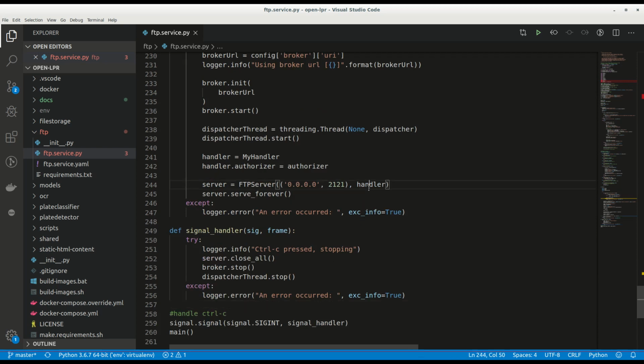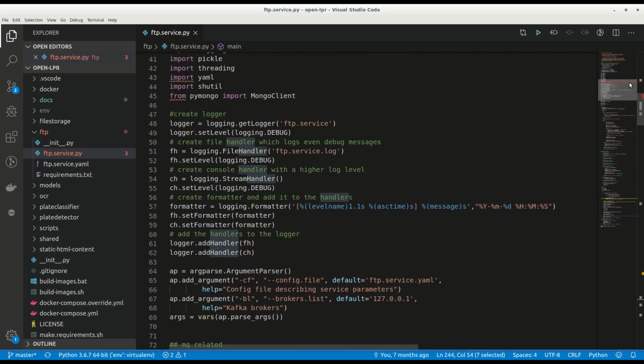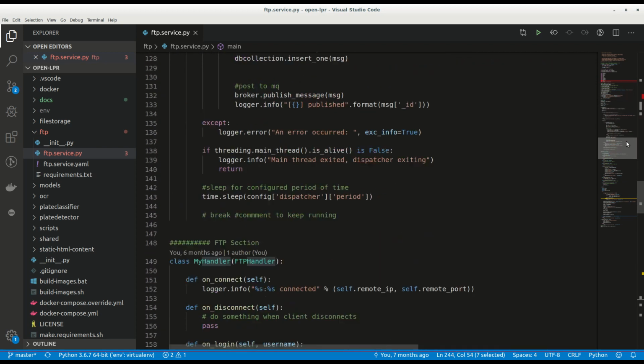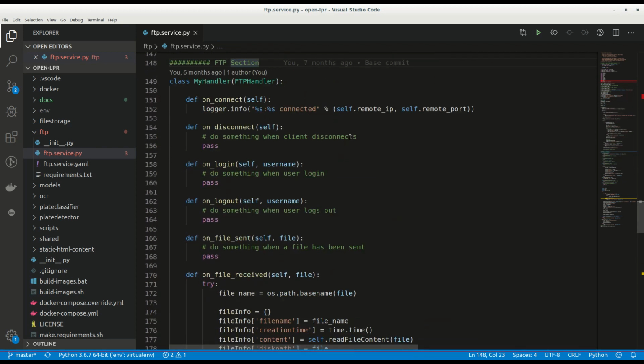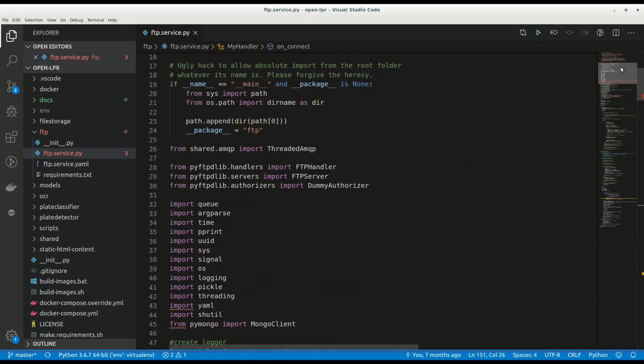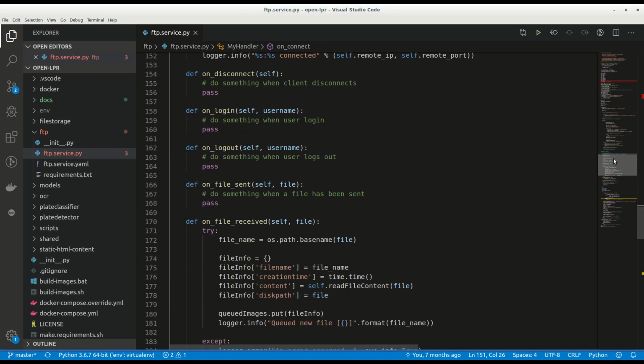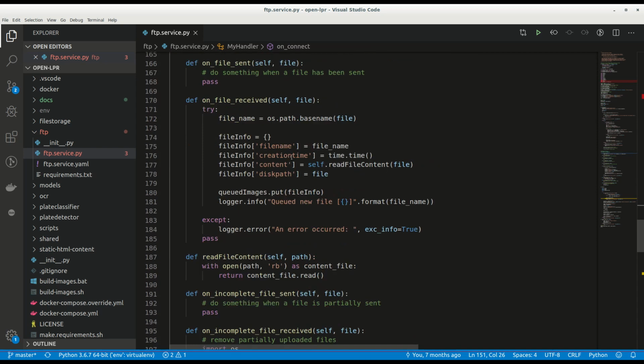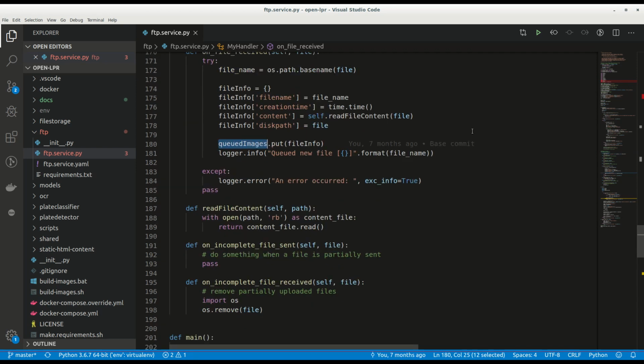So coming back to the handler, the handler is basically a class which extends from the FTP handler. So I'm using a pre-built FTP library available for Python. Nothing done there from me, so I'm just following their conventions. So this class, when it receives the files, it just queues that into a queue declared somewhere, and